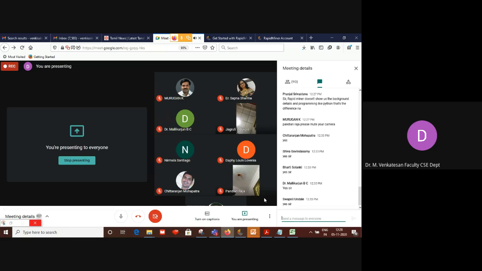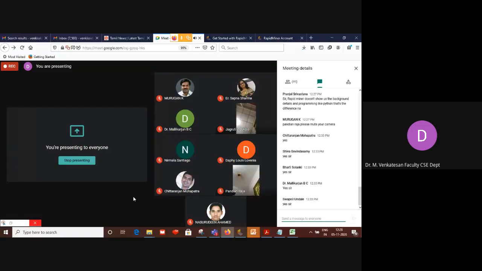I want to use decision tree instead of Bayesian. What do I have to do? I have used Bayesian now. I have shown you the demo. What I want to do, I want to use decision tree. Where do I have to make the change? Which part? Mallikarjun sir says choose a different model. That's what. Where do I have to do that in RapidMiner?